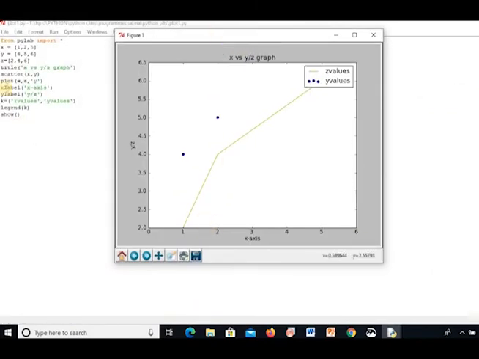So I have named it, like I have scattered xy. These two points stand for scattering xy. And plot xy, where I have plotted the x and y values. This is the plot. If I am simply using plot, I will get a straight line, and I have given y here, so I have got a yellow color here, right? And what is this? This is the legend command. And what I have given is k is equal to z values and y values.